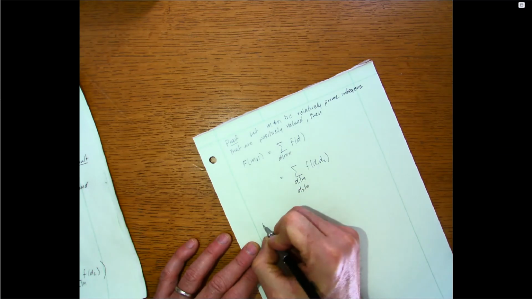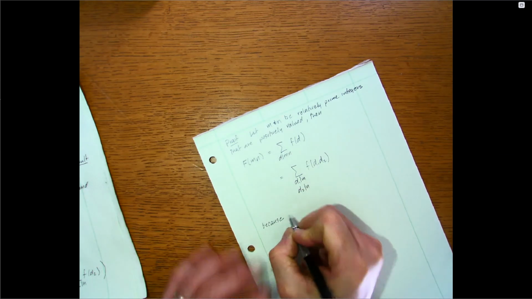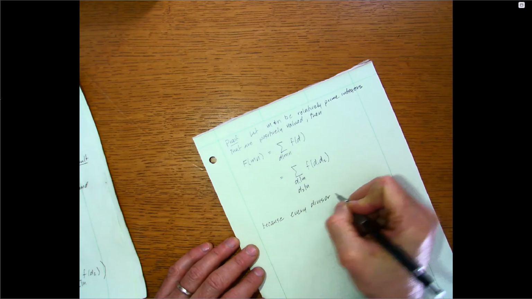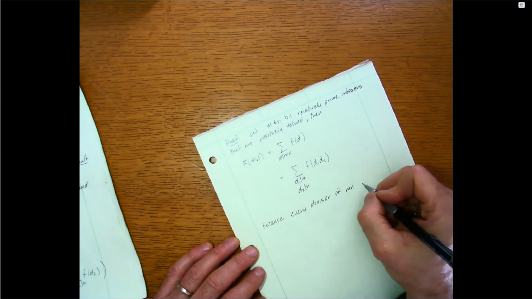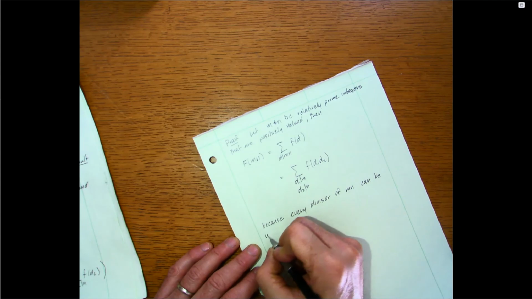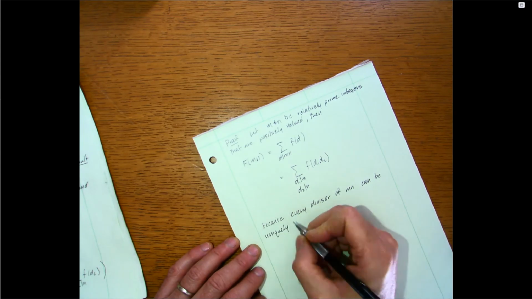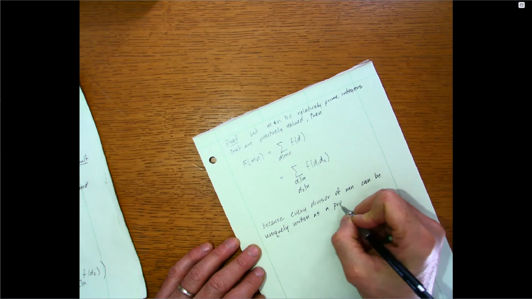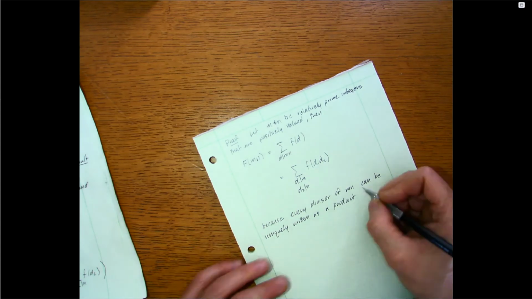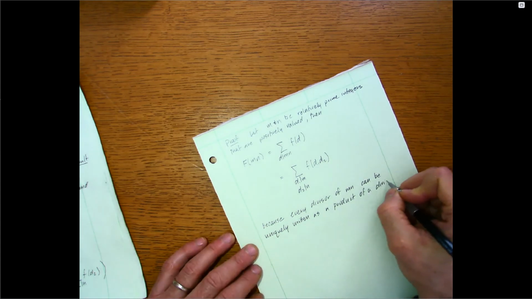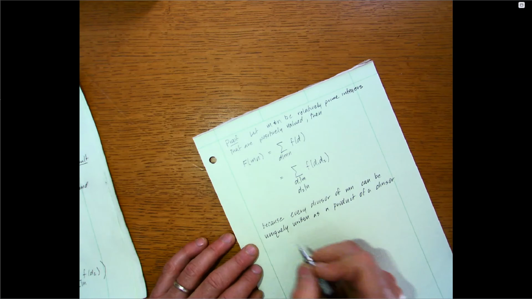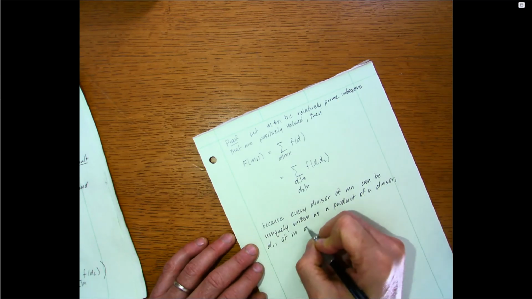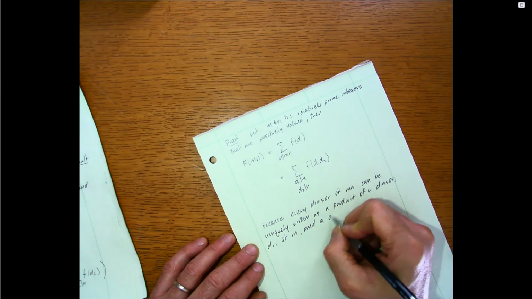So, let's see, because every divisor of mn can be uniquely written as a product of a divisor, we'll call it d1, of m, and a divisor